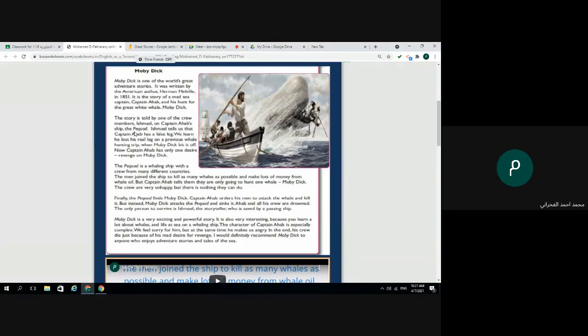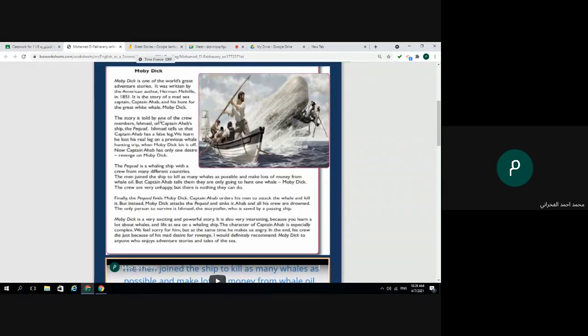Again, what is the name of the ship? You can find it here. The Pequod.